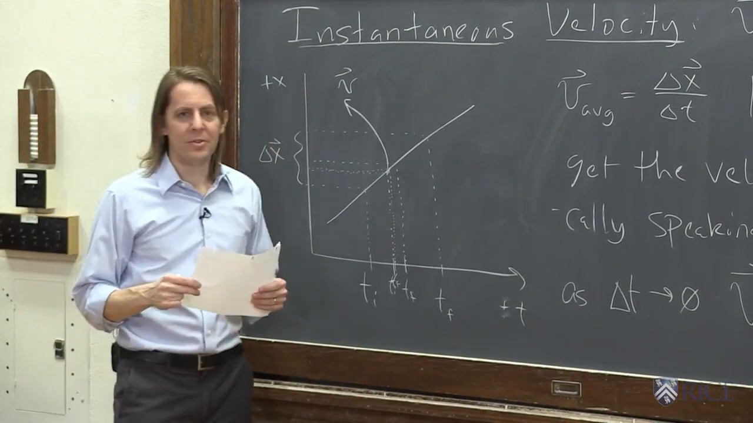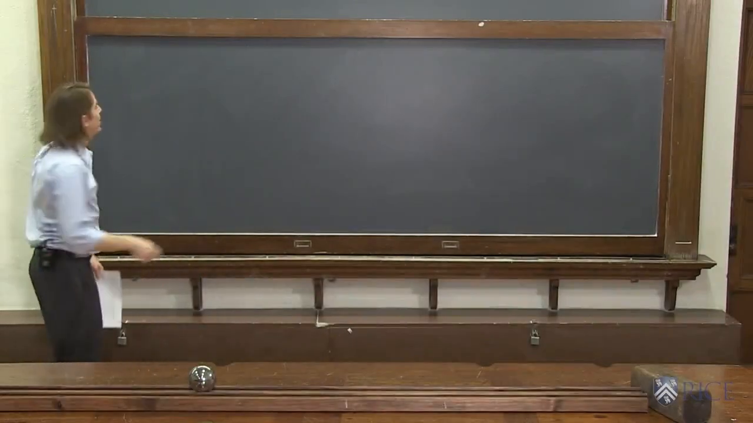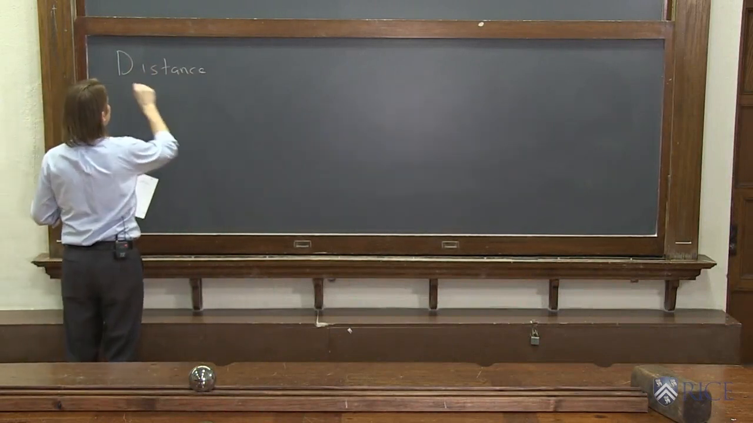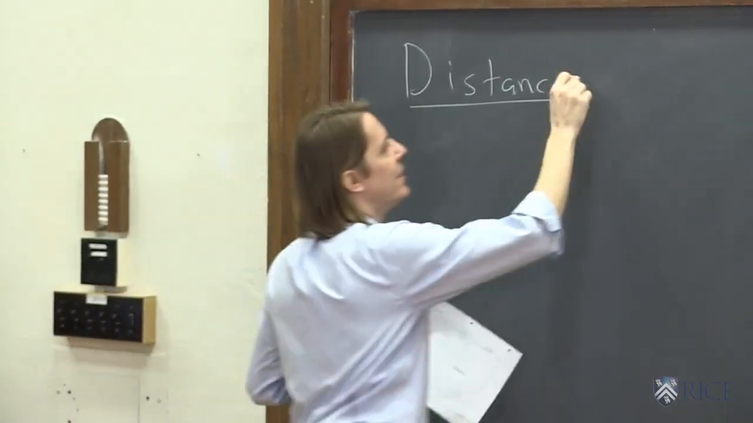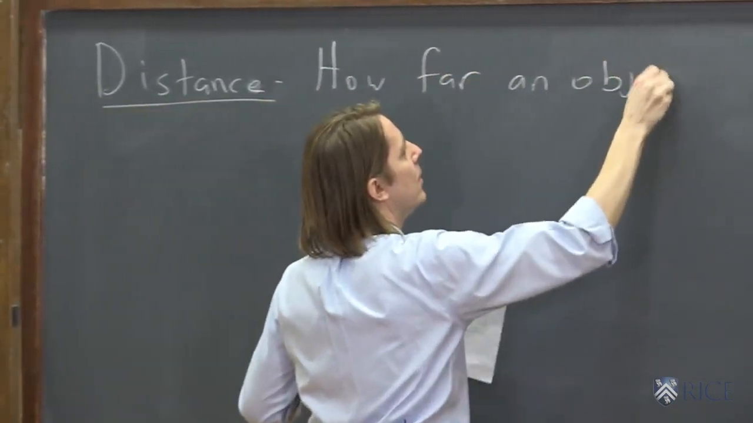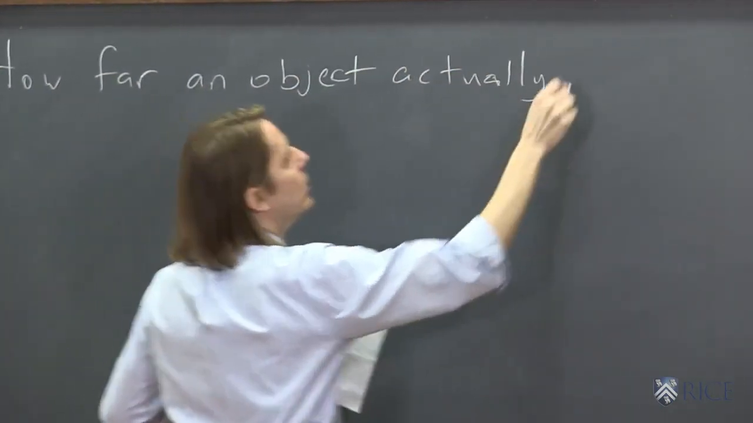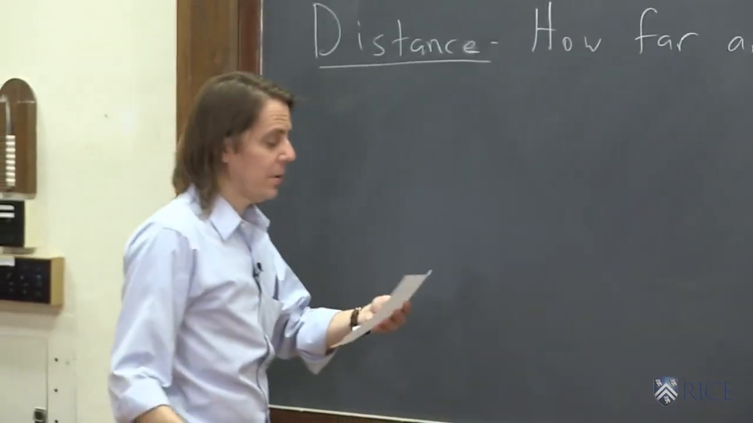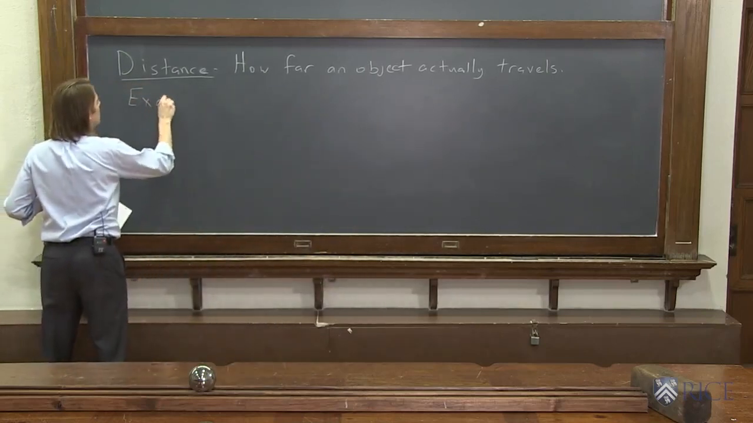Let's now look at some more velocities. We've talked about position and displacement, but believe it or not, there's a third quantity to describe positions and changes in positions, and that is distance. So distance is how far an object actually travels. Okay? So to think about distance, we're going to do our third example, example 3,